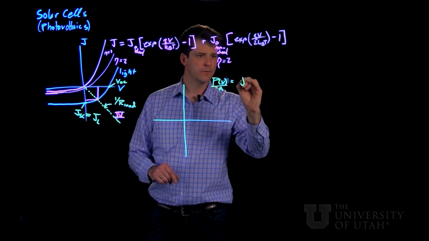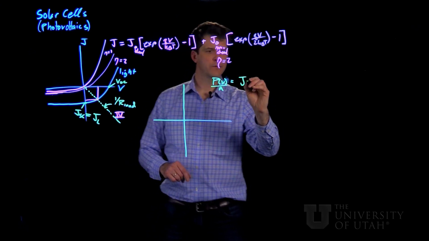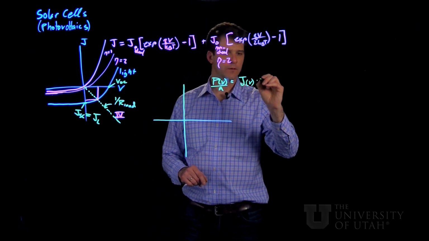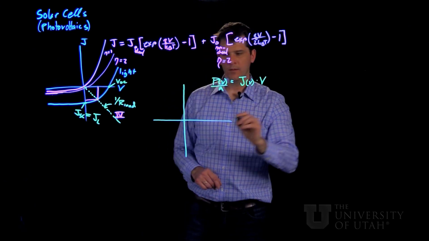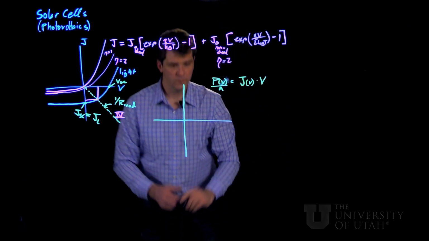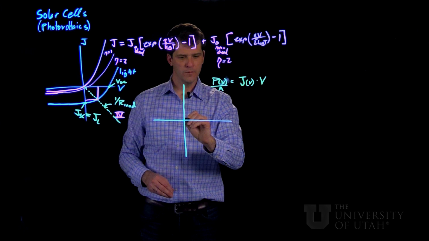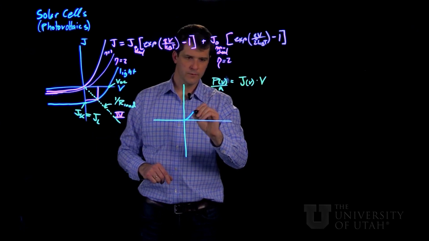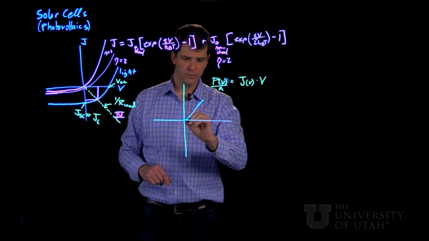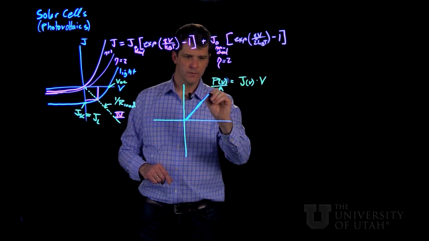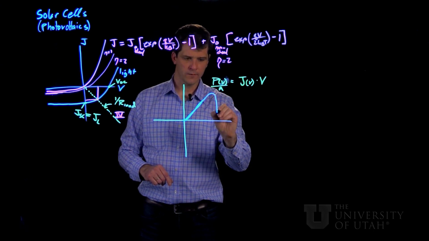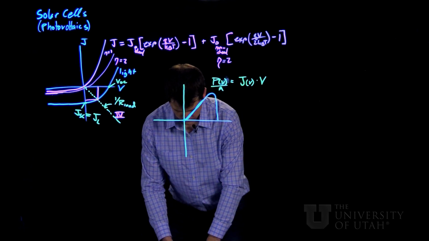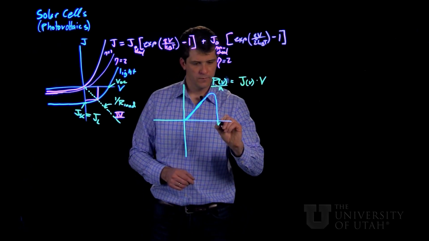So we can write it in terms of power per area as J of V times V itself. And this function, once you look at the JV curve, should go up rather linearly and then have a peak and come back down. It should look something like this, where this is